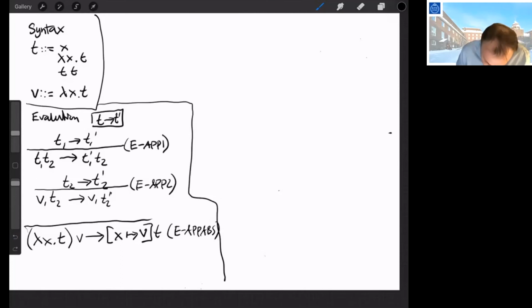Okay, so the next question is, show the derivation tree for this. Now I will do that because you don't know what a derivation tree is yet. And